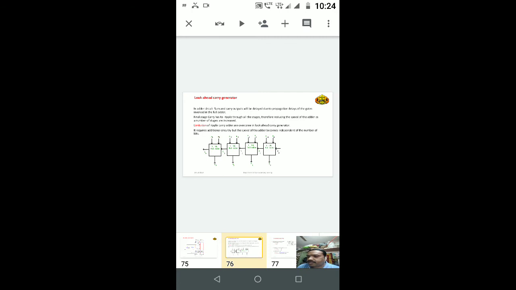In the previous lecture we saw how to perform BCD addition. There are two main important rules. First you check whether the carry is generated or not, or whether the result is greater than 9 or not. If the result is greater than 9, or if the carry is generated, then you have to add 6 to that particular result, and then you get the final valid result.